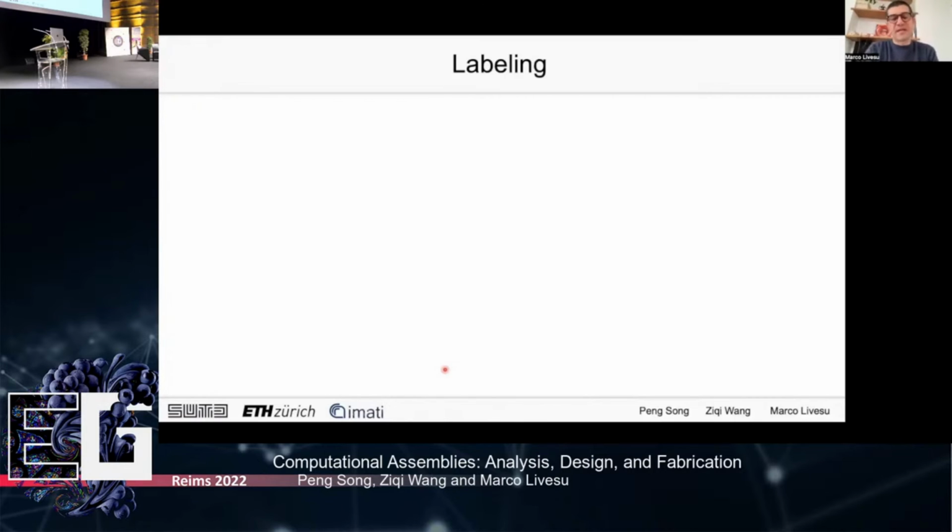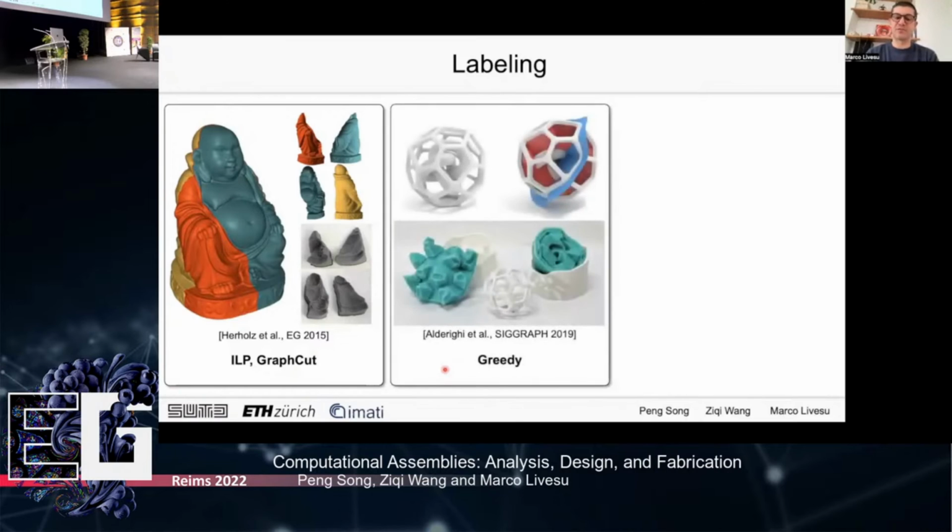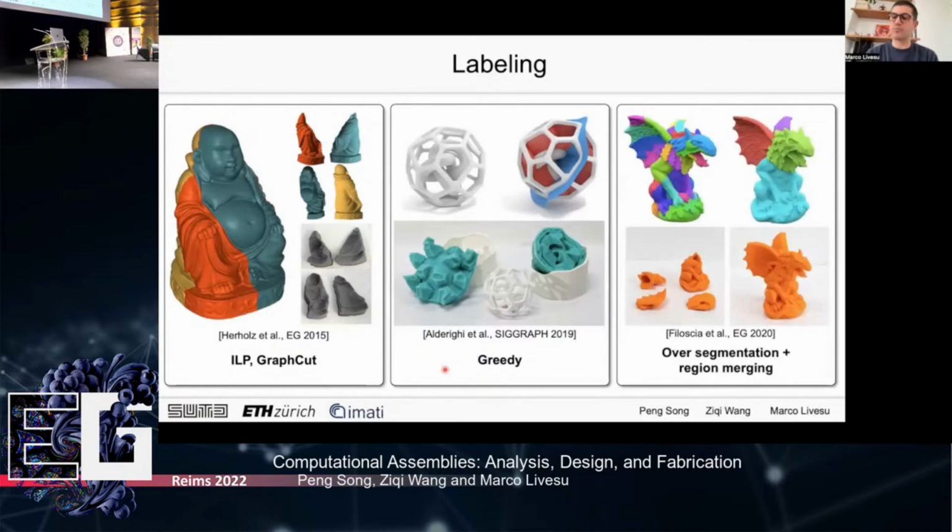Okay, so let's move to the second strategy that is most widely represented by algorithms that perform decomposition for manufacturing, and this is labeling. Labeling comes typically in 3 different flavors in manufacturing. There are methods that solve integer linear problems or Graphcuts. There are methods that are completely greedy, and there are methods that are a composition of these, and they operate typically by computing first an over-segmentation of the object, a superset of your segmentation, and then they proceed by region merging in order to find a coarser